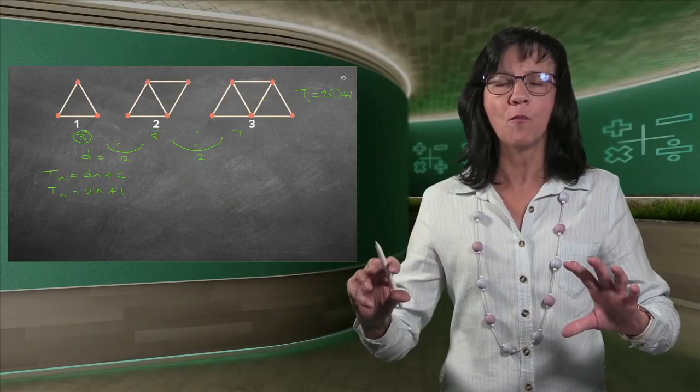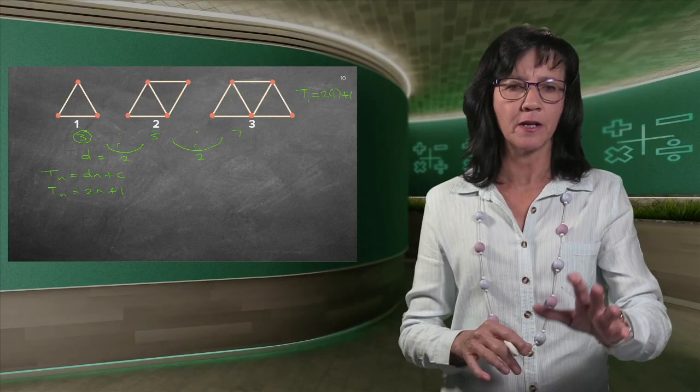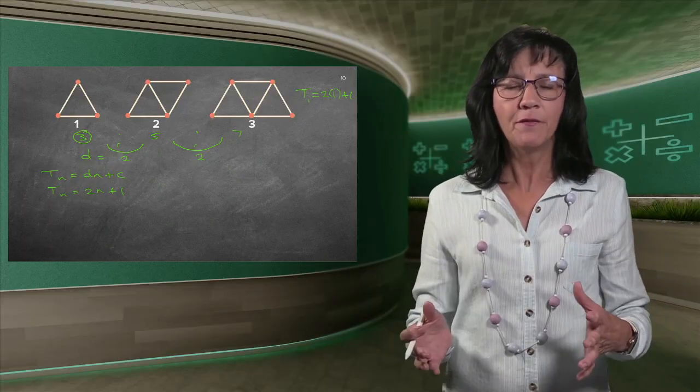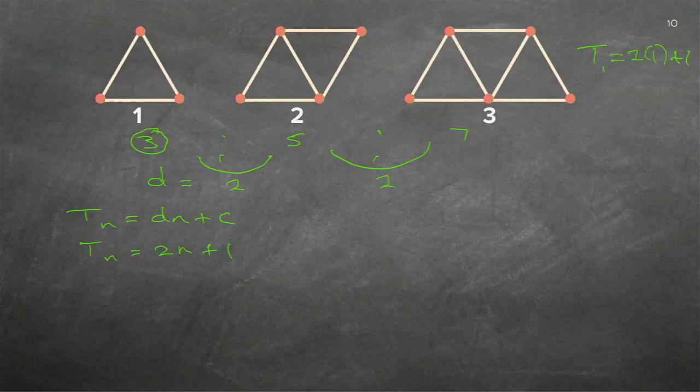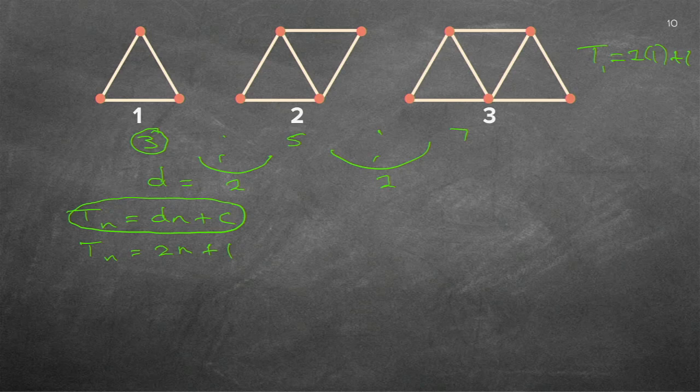The minute you've got your formula, they can now ask you whatever they like. They can ask you about the T or the N, whatever they want, or greater than or smaller than, because you've got your formula. So what you always do, you write down the basic standard formula first, and then you see that you get that D and C, because those are the 2 letters that need to be values. So I've got it now. So what did they ask? The 50th. So all you do, you say 2, and all over where there were N's, you put in an empty bracket, the 50, and that gives you 101, and you can just write a neat answer. The 50th term will be 101.